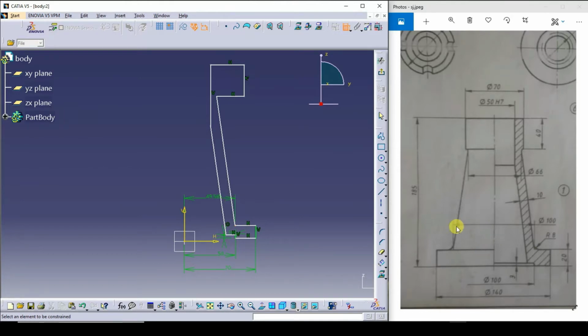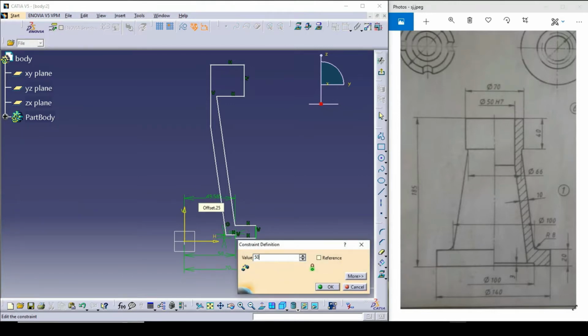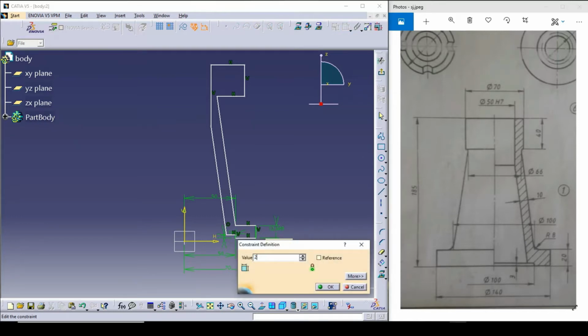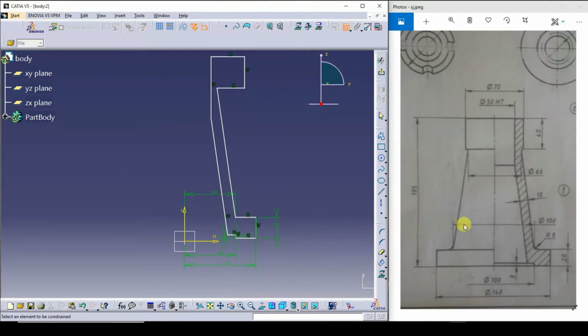Here, from here to here it is 100. Half of 100 is 50. Okay, this will be 50. Next, this is 20 mm. Here, this is 20 mm.